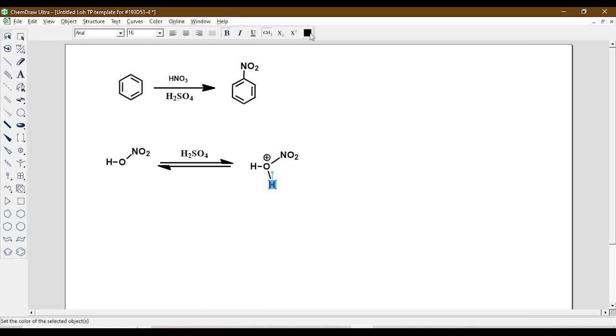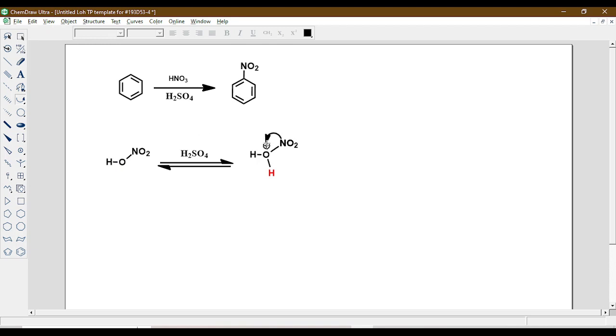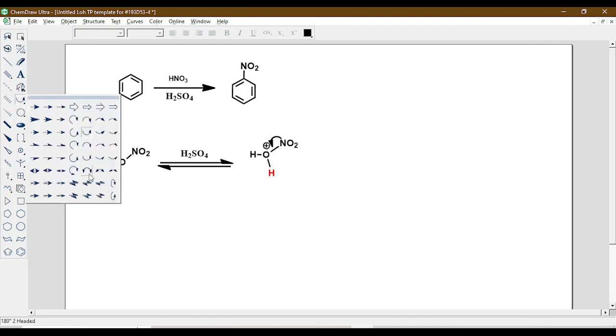And I'm going to give a different color to the hydrogen. Let's give it, yes. So this is the protonated hydrogen. Let's see, yes. So there is a bond shifting here. Since it is positively charged, the electrons are fed into the bond towards the oxygen so that it becomes neutral. So therefore now the end product would be